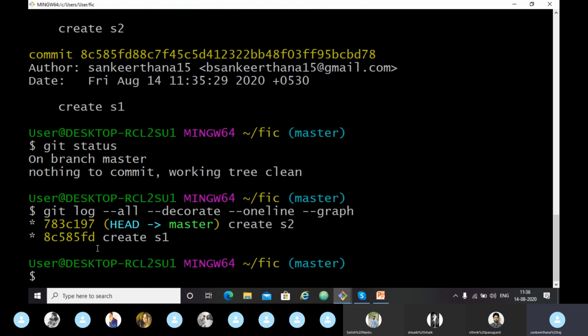So now if I want to see this graph, I'll just type git alias, graph.